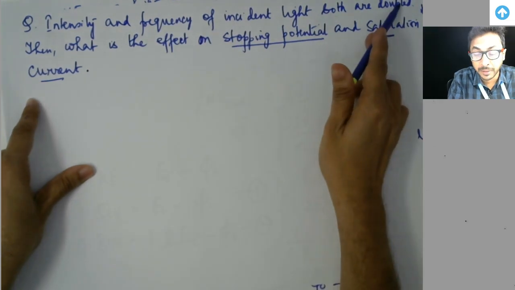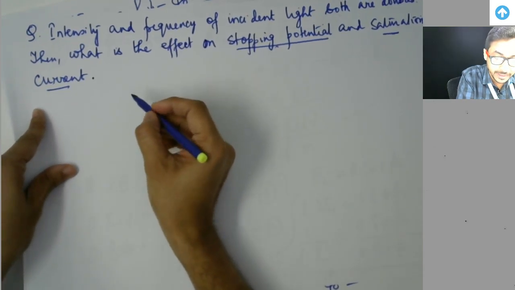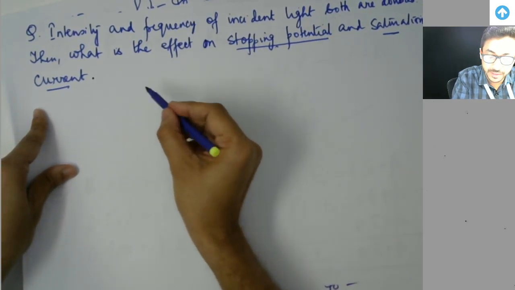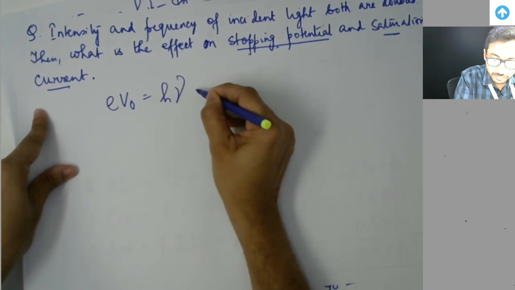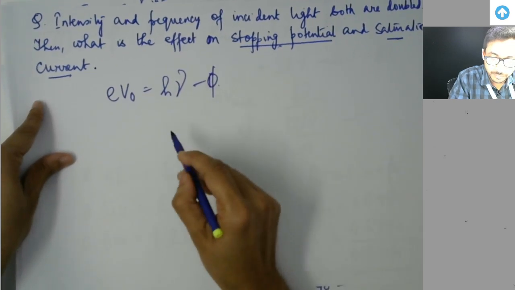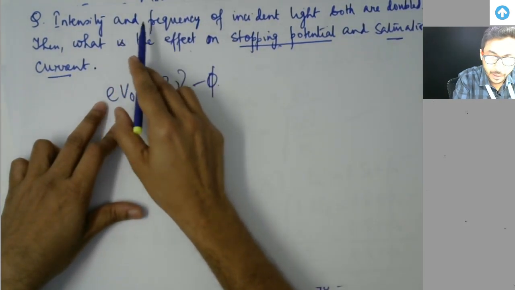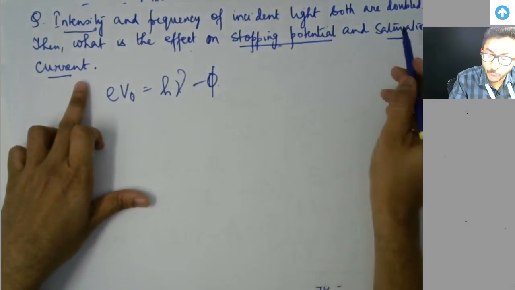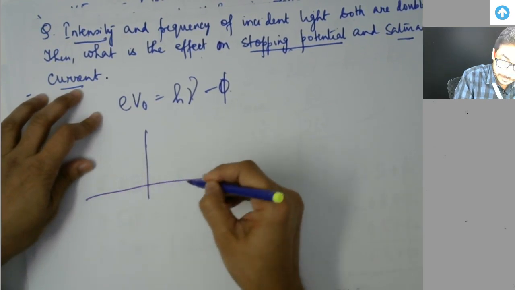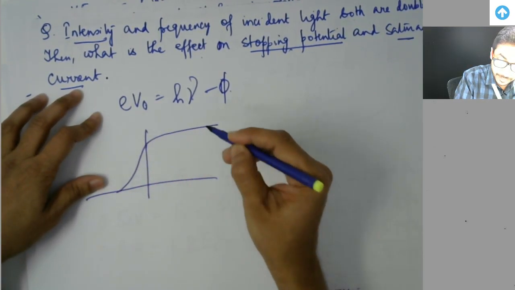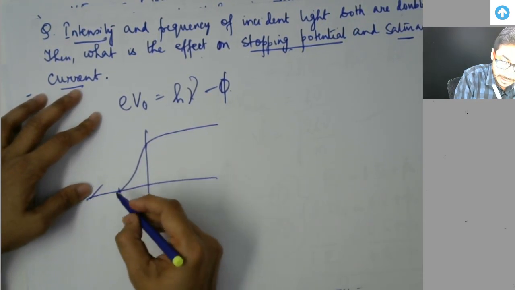If frequency is doubled, stopping potential will also be doubled, because we have seen that. So if frequency is doubled, stopping potential will also be doubled, and what about the intensity? Now when intensity is doubled, we have also seen, if the graph is like this, if frequency is doubled, stopping potential is doubled also,